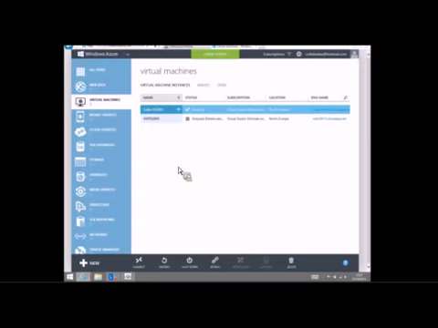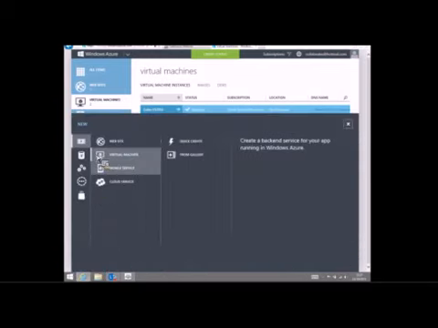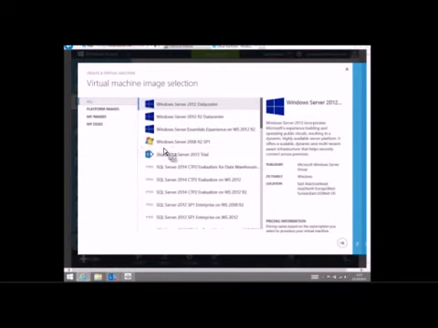But if I want to create a new machine, it's really easy to do. I can go to New. I can say that I want a new virtual machine, and I can either quickly create one or say I want to take a stock image from the gallery. This could be from my images, my disk that I've uploaded to Azure from an on-premises machine, or it can be a stock image that Microsoft provides.